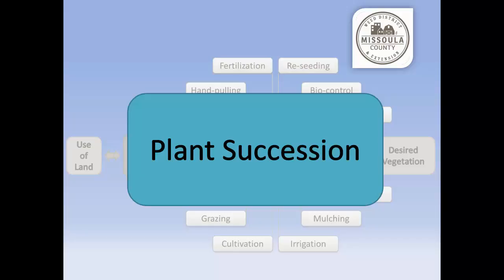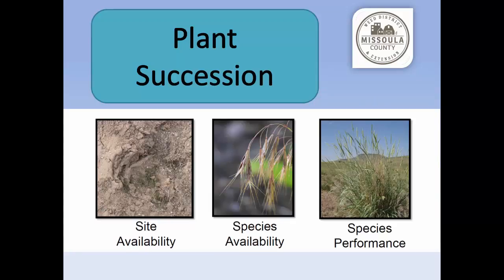And it involves the immigration and extinction of species, which is okay. It's probably good. And it's coupled with the changes in the abundance of these different species, okay? That is plant succession. And I like to have people think of plant succession as any time you're coming in with a disturbance, you're starting plant succession. That's our weed treatments, that's grazing, that's thinning, you know, building a house, any of those things. We're triggering plant succession. And what we want to do is benefit from this plant succession, okay?